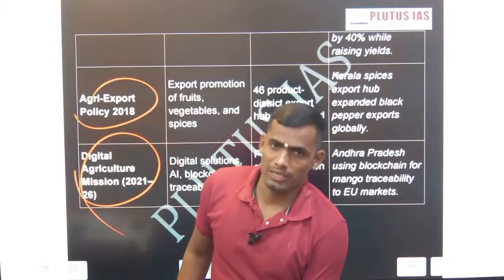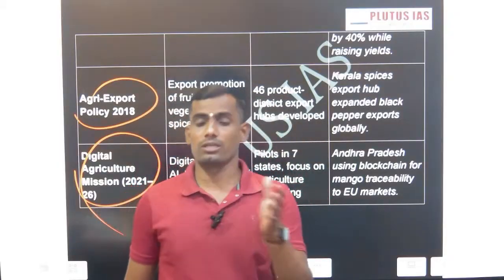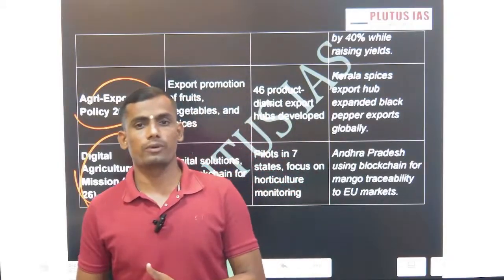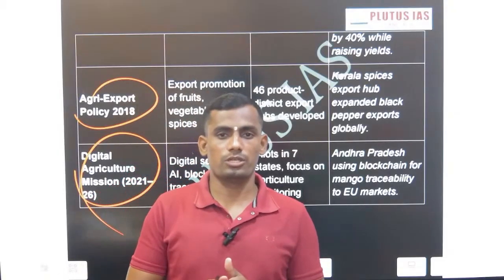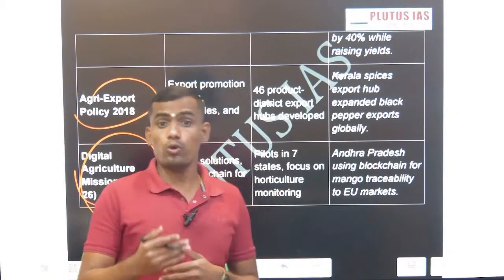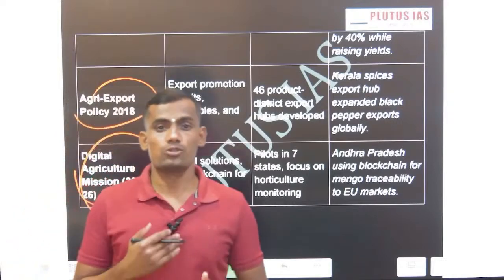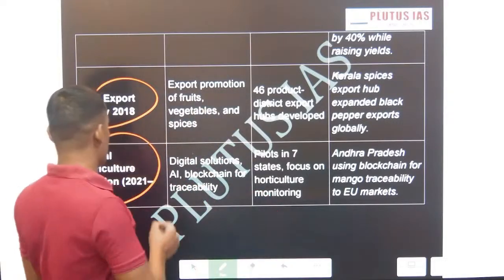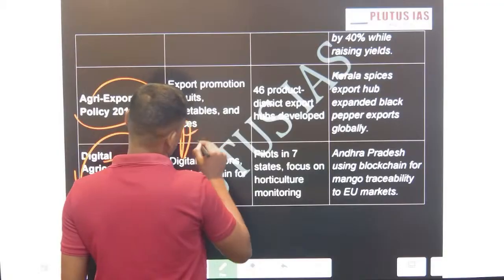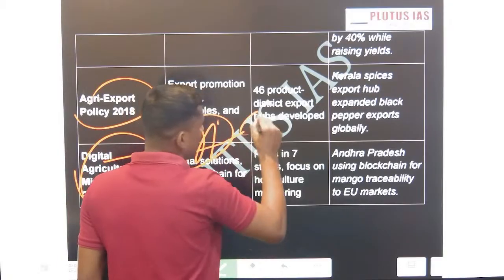Digital agriculture mission is the best example launched by the Government of India in 2024. Digital agriculture mission is a revolutionary step to boost India's horticulture production. How is this revolutionary? AgriStack collects the data